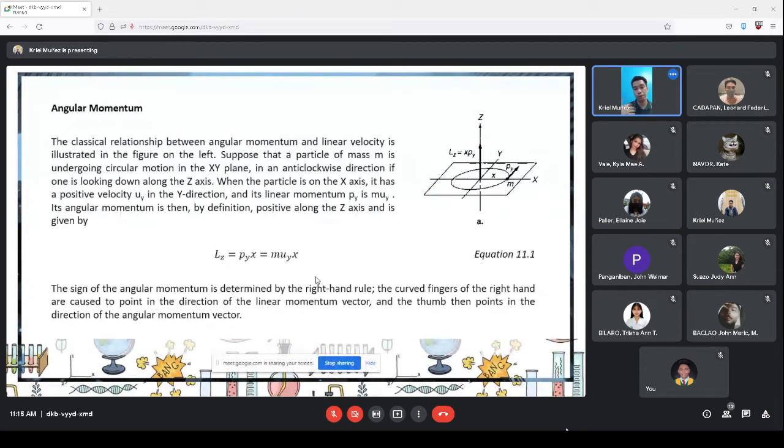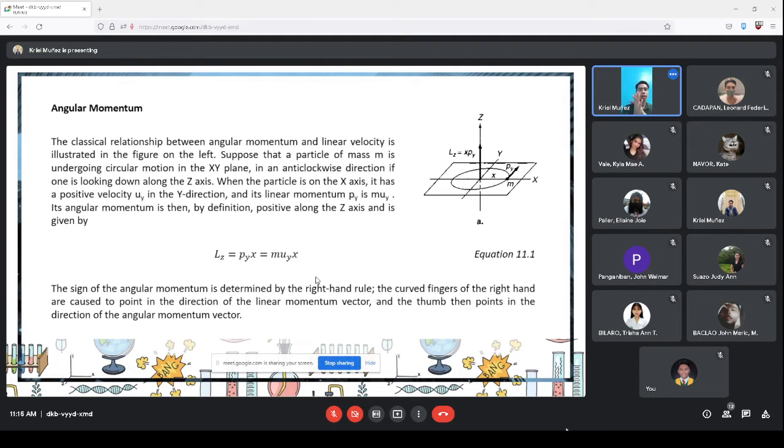I just don't know if you're looking at my reflection, right? So just use your right hand. I don't know if this is left for you, but this is my right hand. So if you're going to use your right hand rule, class,